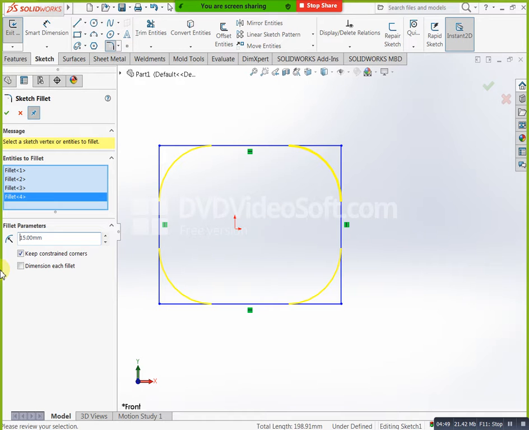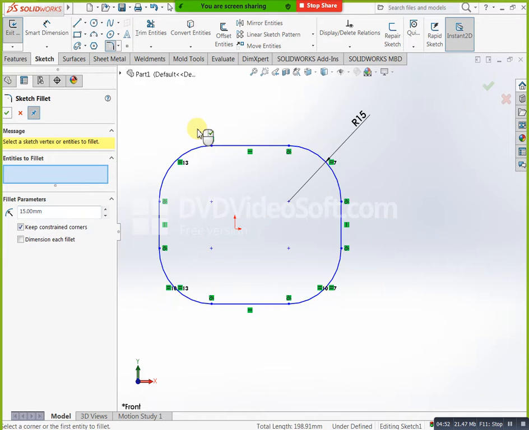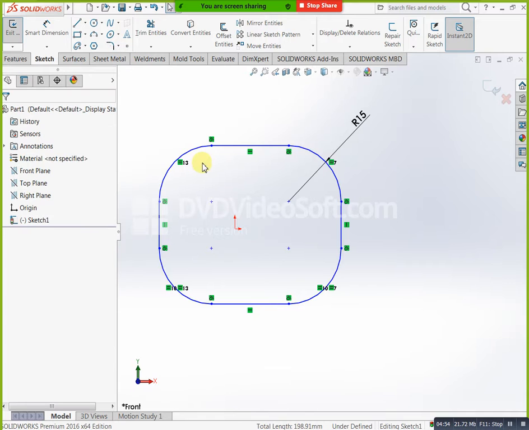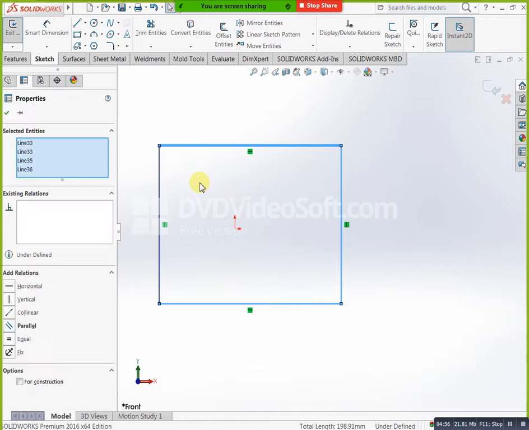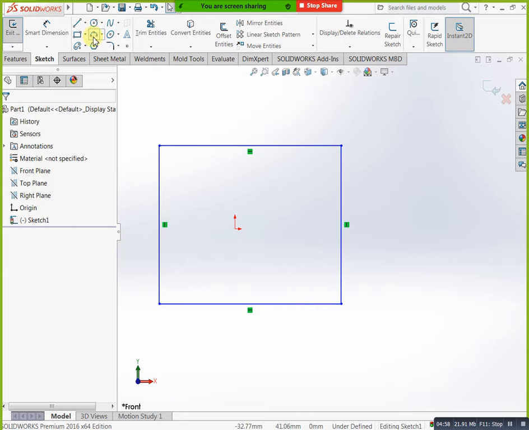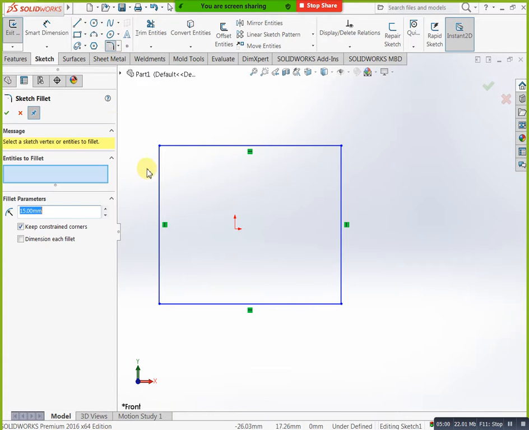At a time we can apply, or separately we can apply. For example, I need only 2 corners. In that condition, what you do is directly select fillet here. Fillet means a sharp corner converted into a curved shape, that is called a fillet. Here you can directly select this vertex also. Vertex is also applicable, or otherwise you can select your first and second entities, both are applicable.